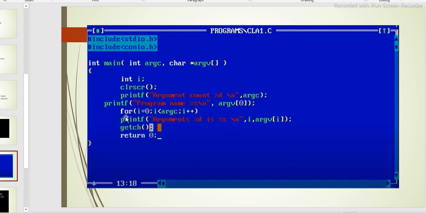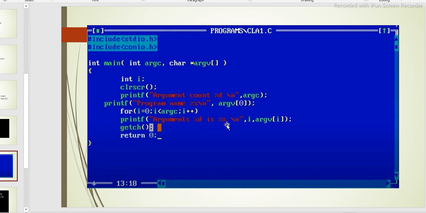For loop: i equals 0, i less than argc. I give 5 numbers, i is less than 5, i is 0, 0 is less than 5, true, increment operator. So argument id is %d, this is an integer, 1 is printed.